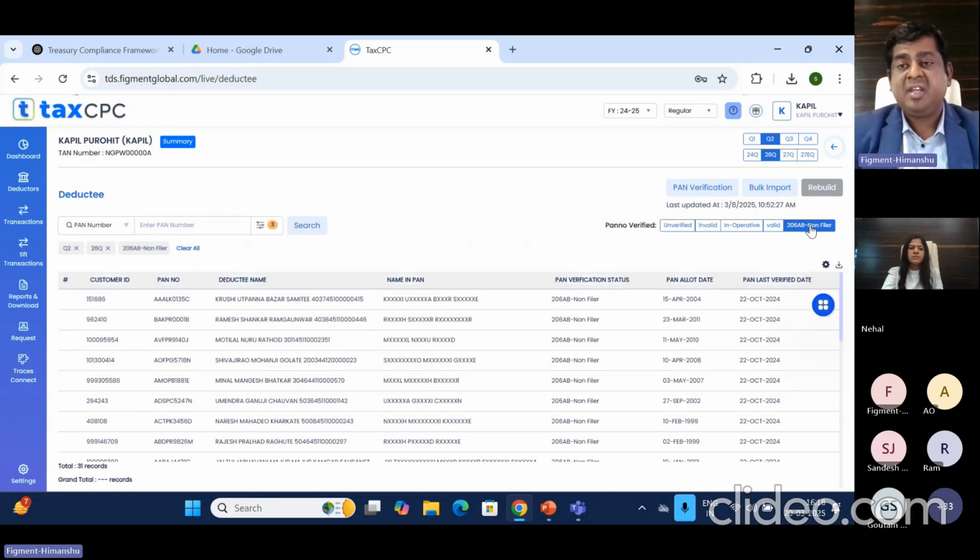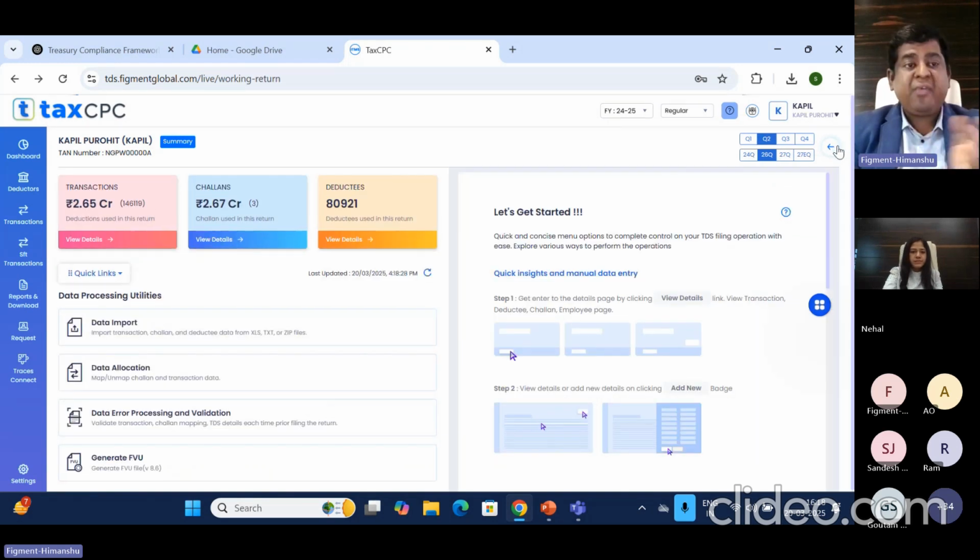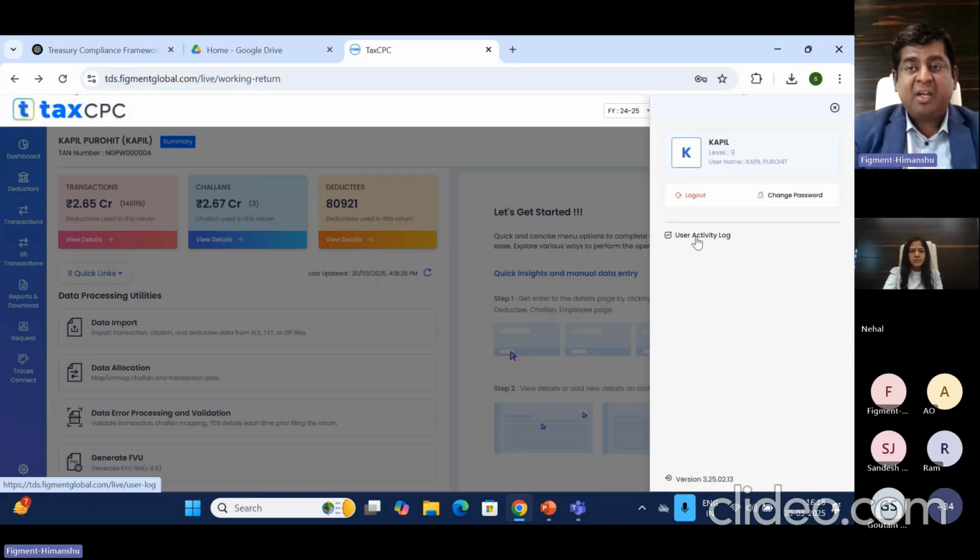तो सेकंड प्रोसेस: फर्स्ट प्रोसेस इज सिंपल, डू द डेटा इंपोर्ट। सेकंड प्रोसेस इज डू द पैन वेरिफिकेशन। आफ्टर पैन वेरिफिकेशन वी आर सजेस्टिंग टू फैच द लोअर डिडक्शन डेटा। अभी आपने डेटा इंपोर्ट किया, तो कई बार ऐसा होता है कि हमने गलत डेटा इंपोर्ट कर दिया, तो वो डेटा आपको डिलीट करना है, तो आप कैसे कर पाएंगे। तो यहाँ पे आप देखेंगे ऊपर राइट हैंड साइड में हमारा पैनल है। पैनल में यूजर एक्टिविटी लॉग करके आपको टैब